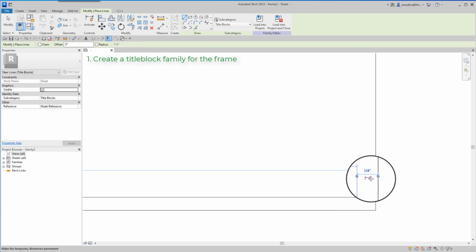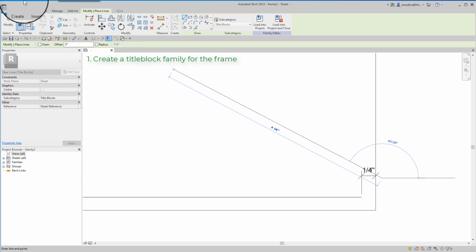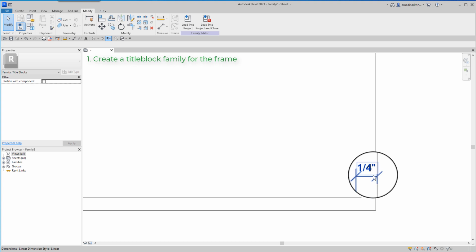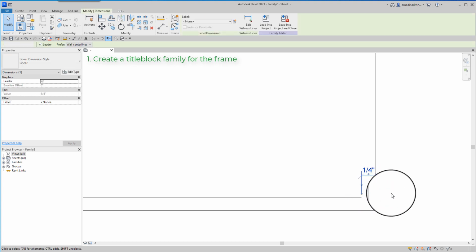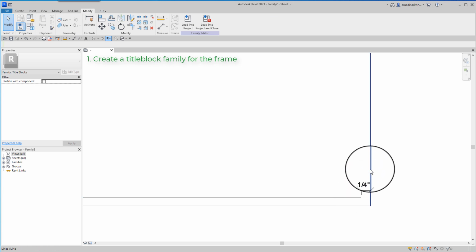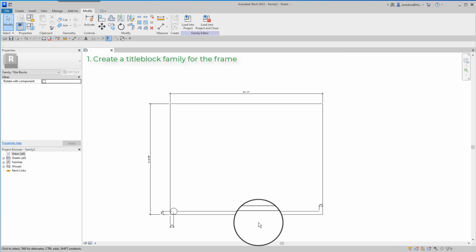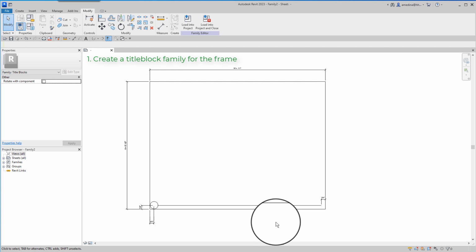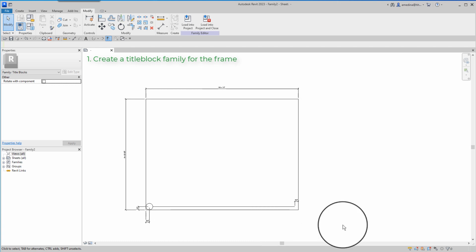So to do that, I can create this dimension 1/4 and lock that dimension from the endpoint of this line to this edge. This is all the graphics that I need. Let's test if this title block will change dimensions while keeping the circle and the line in the same way.